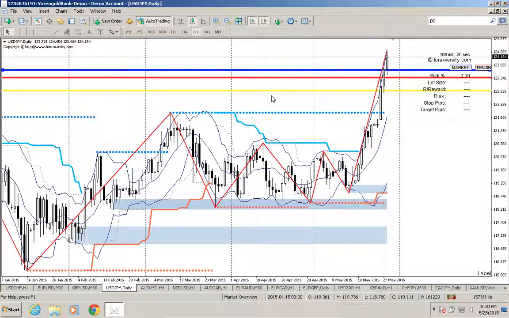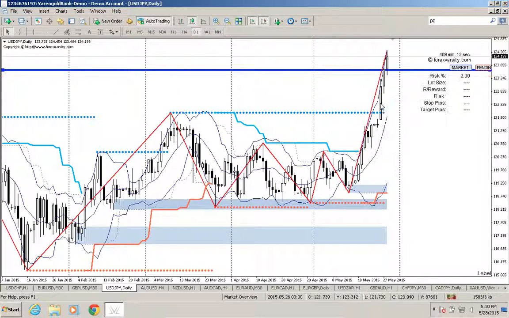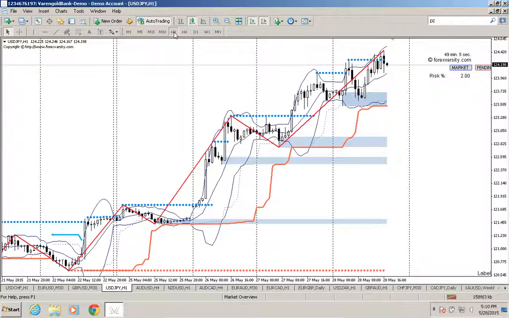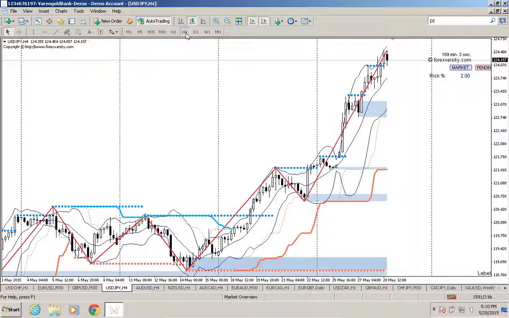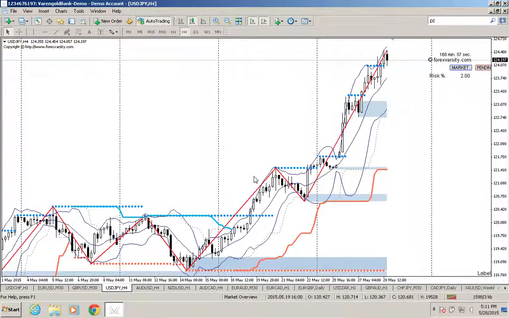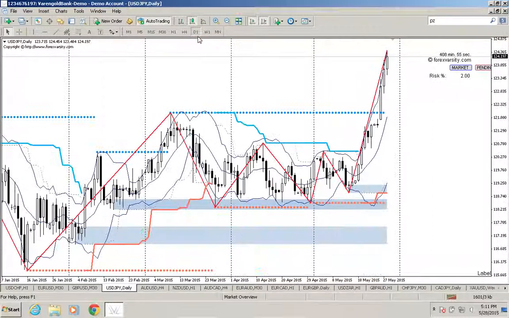Now go on US dollar JPY on a daily chart. Now, if you get on your daily, and if you remember the newsletter, I think it was on Monday or Tuesday. Let me just have a look. Can't remember. That it said